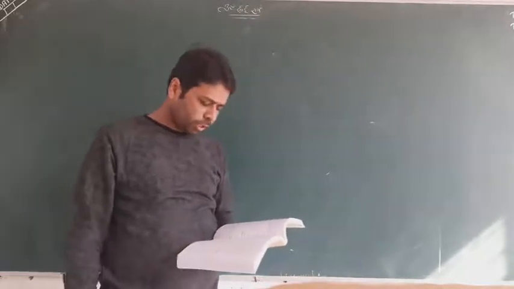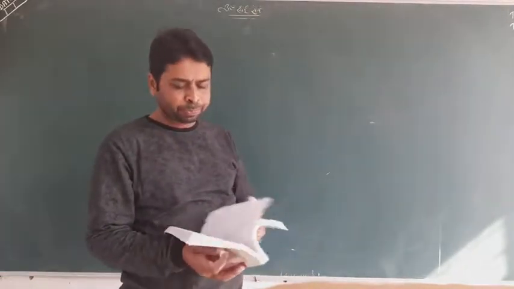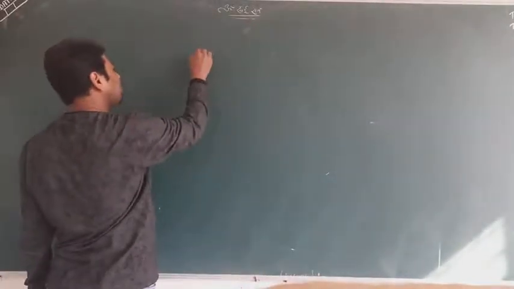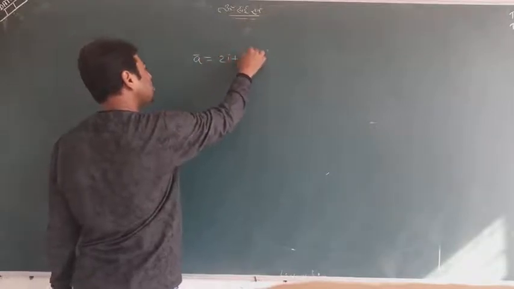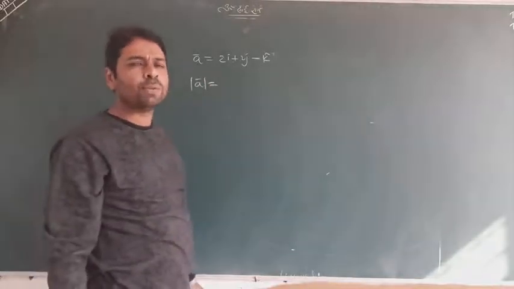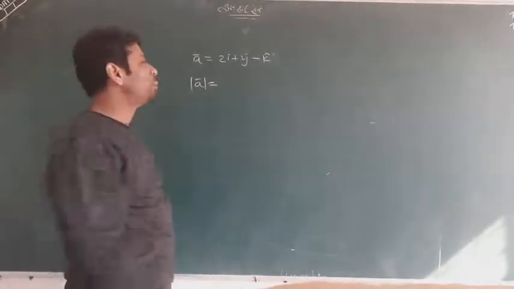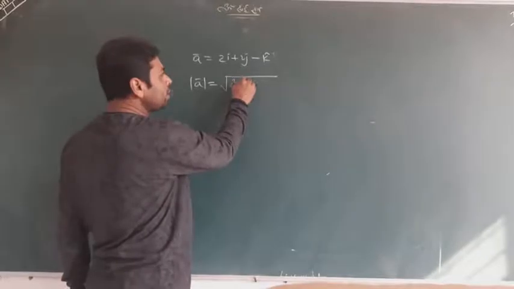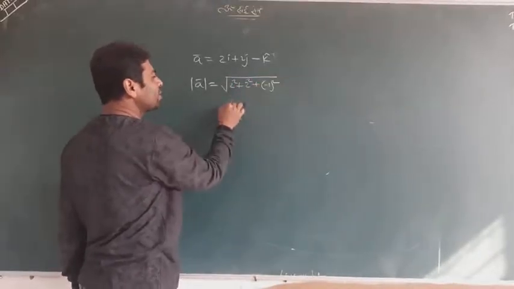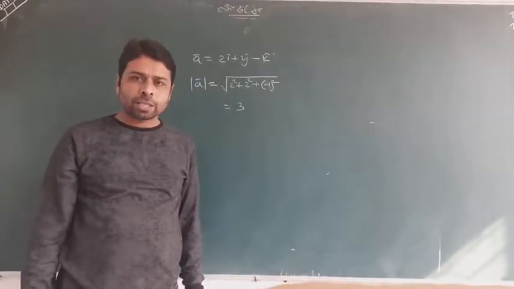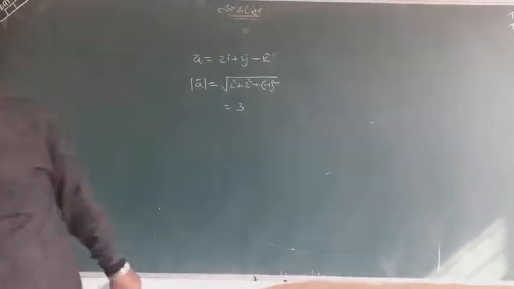We have question example number 11. I want to say something. I have taught you something. Suppose A equals 2i plus 2j minus k. What is mod A? I hope you haven't forgotten this one. Mod A can be defined simply as the square root of 2 squared plus 2 squared plus minus 1 squared. This is mod A. Whenever any vector is given in i, j and k, we can find its mod easily. So based on the same thing, we have a question.